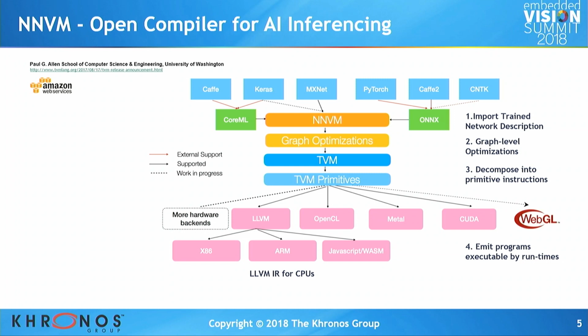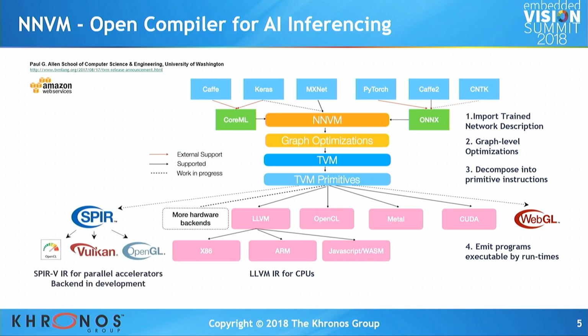They've just released a prototype WebGL backend. I put it in there because I found it was interesting. You can now have inferencing being compiled down to run in your web browser using WebGL GPU shaders for acceleration. They're actually getting pretty good performance. And the other interesting thing they're working on is a SPIR-V backend. So this is the Khronos intermediate representation, and that gives them access to multiple runtimes.